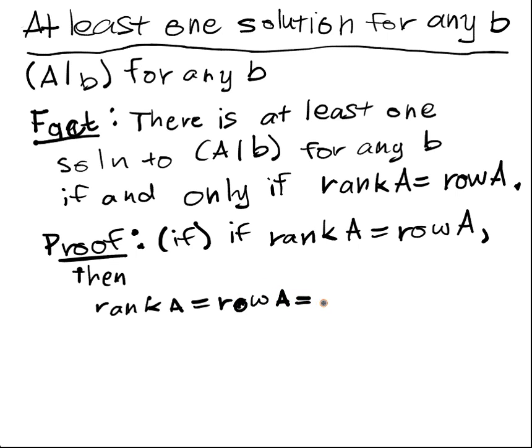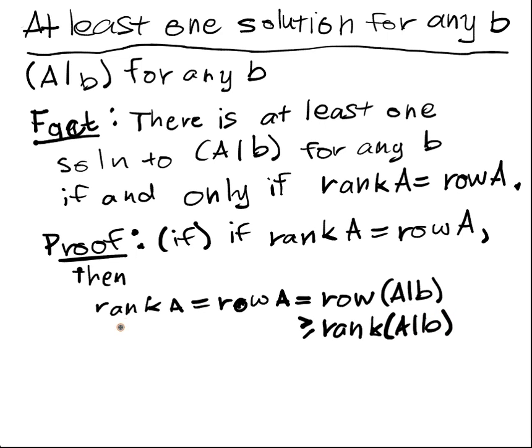But that's also equal to the number of rows in any augmented version of A. So whatever B was, this is true. And this quantity is always greater than or equal to, just by definition, the rank of A, B. So that means that the rank of A is greater than or equal to the rank of A augmented with B. But we also know